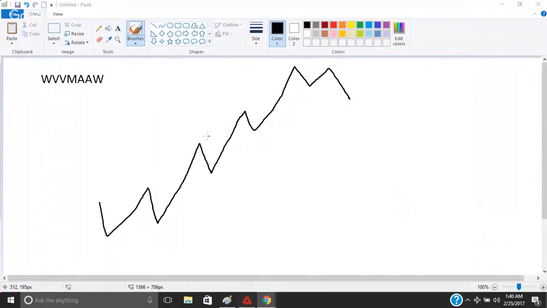But anyway, I'm sure you guys remember this from last week. WVVM, MAAW. I'm pretty sure you remember this. I want you guys to remember that the market makers have 3 objectives. If you go back over last week, you'll be able to see it just as well with me pointing it out now. But I'm going to let you know there are 3 objectives first, before we go on to showing you any type of trades to take.